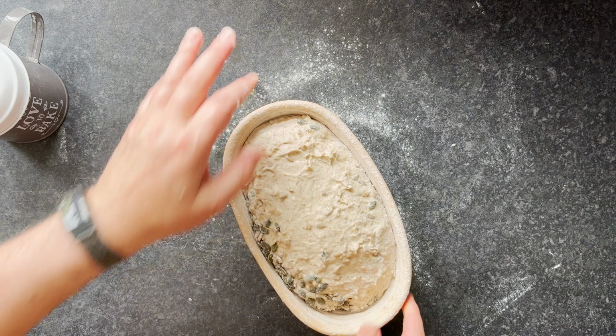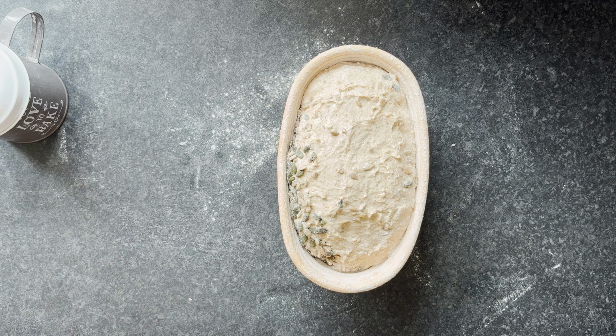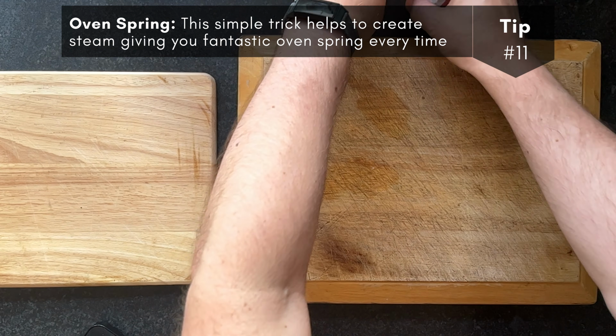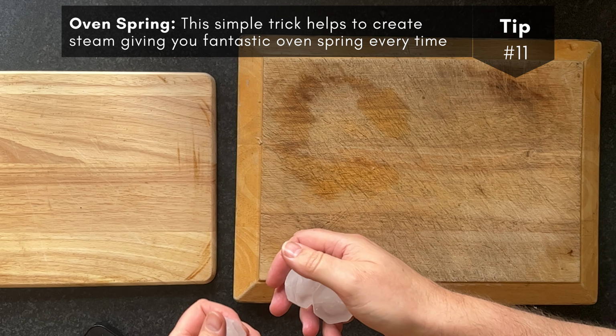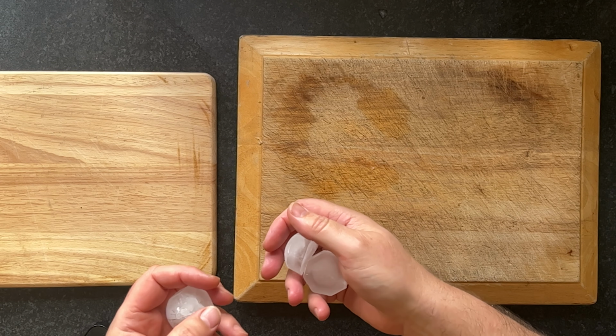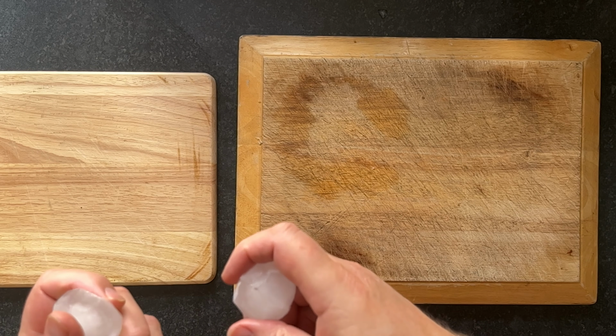So I'm happy that's proved really well. So I'm basically going to put a cover on that and put it straight in the fridge now from there. Great. Well, the last tip really on here is when you're using a Dutch oven is to use ice cubes. I use 3 ice cubes in my Dutch oven there, so that gives the ability to get steam in there and stops the crust or the top of the dough from sealing over before it's got a chance to rise. So steam's really important in the Dutch oven for about